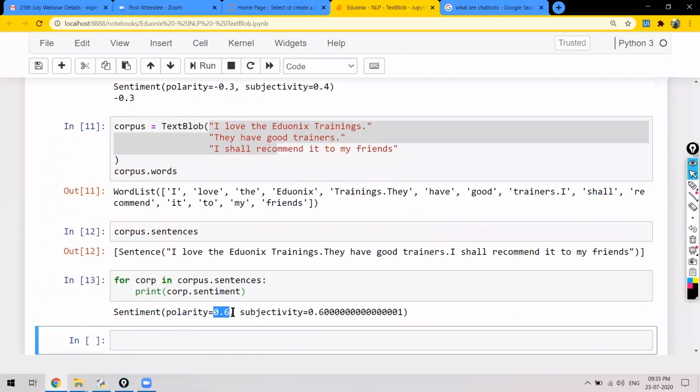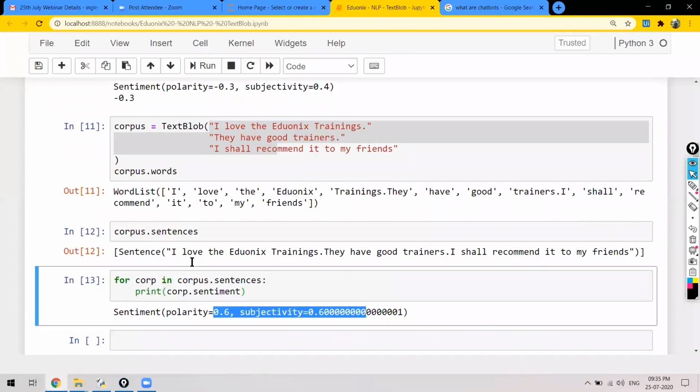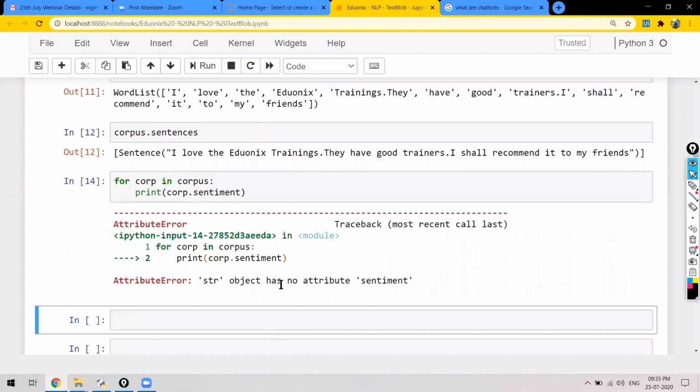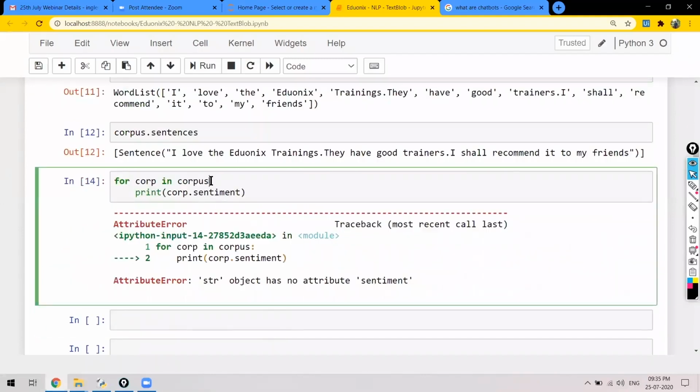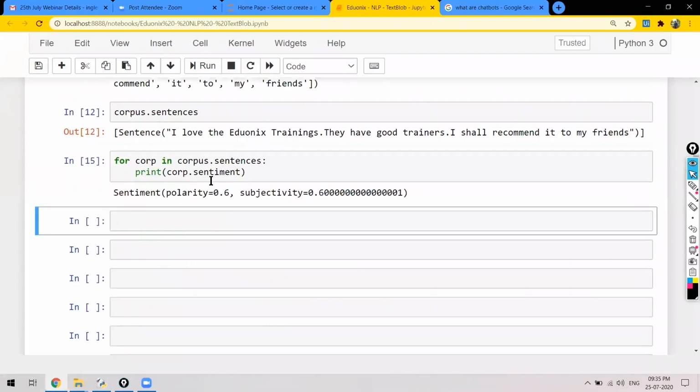So you can see the polarity is 0.6 and subjectivity is this. So that's how it goes. If I consider instead of this, let's say only corpus, that will be an error because it is not having an attribute. Okay, fair enough. Now moving on to the next thing, which was the question which was asked, but I'll be coming to this after some time. The next concept that I'll be telling you now is called as